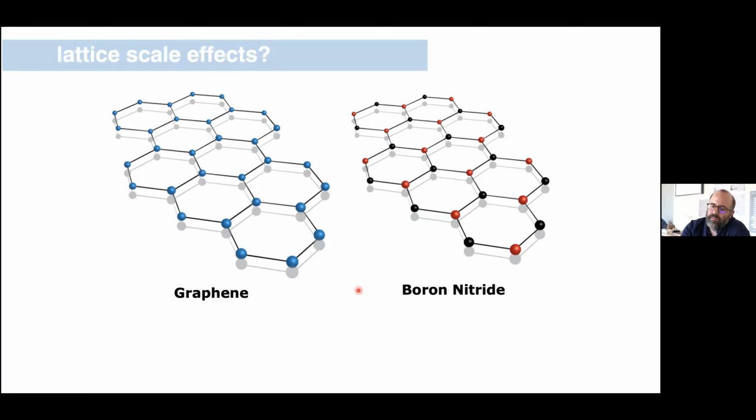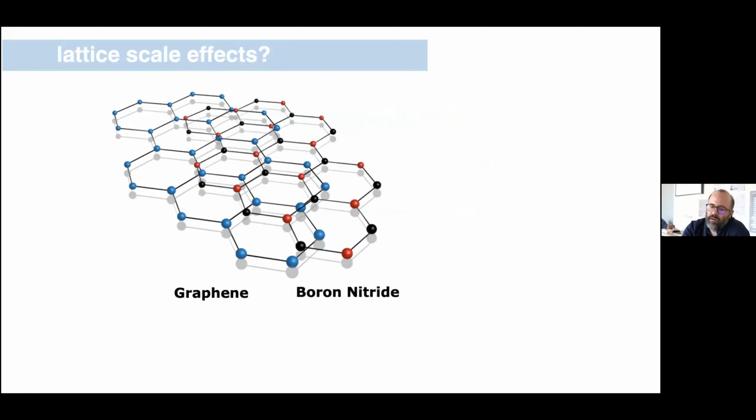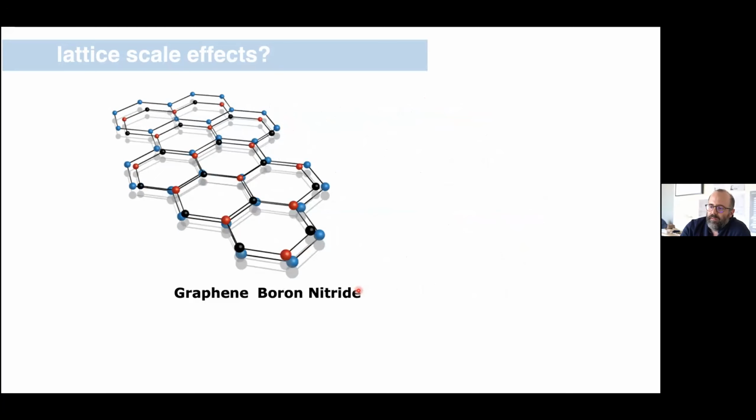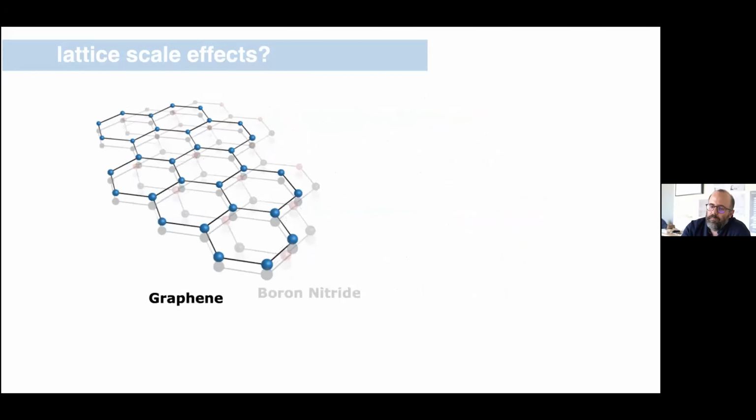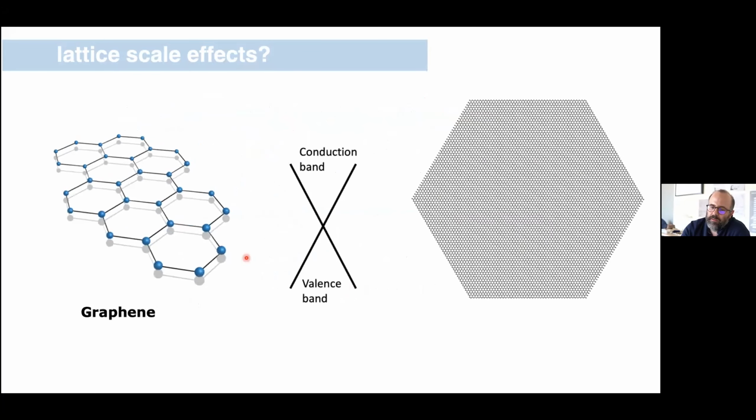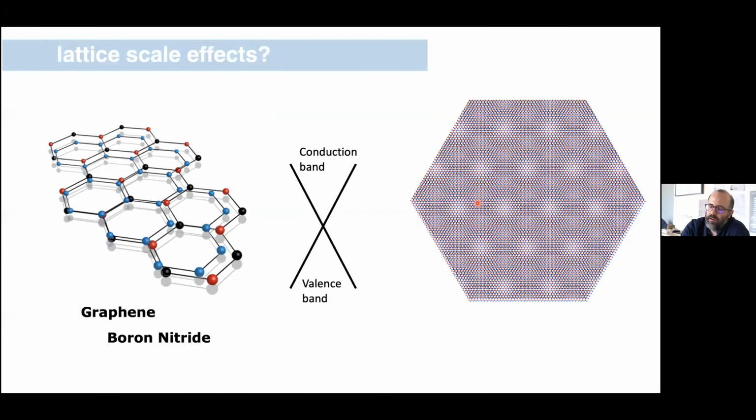And one thing you notice is that if we do what was sort of the early days, if we put graphene and boron nitride together, graphene and boron nitride have nearly a matched lattice constant. It's not exactly matched, but it's close. So what that means is if I look sort of top down, so here's my graphene lattice, cartoon image top down, if I place boron nitride on top of that, or below it, what you see is that a Moiré pattern develops. And the Moiré pattern results from the slight lattice constant mismatch between these two materials.